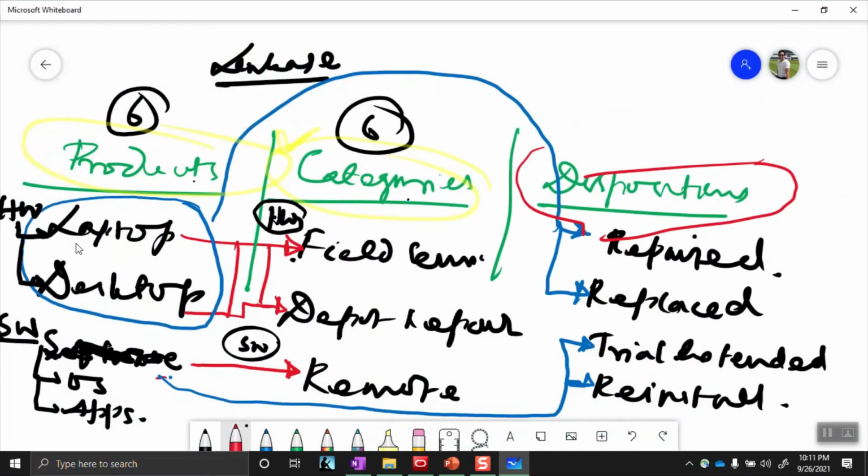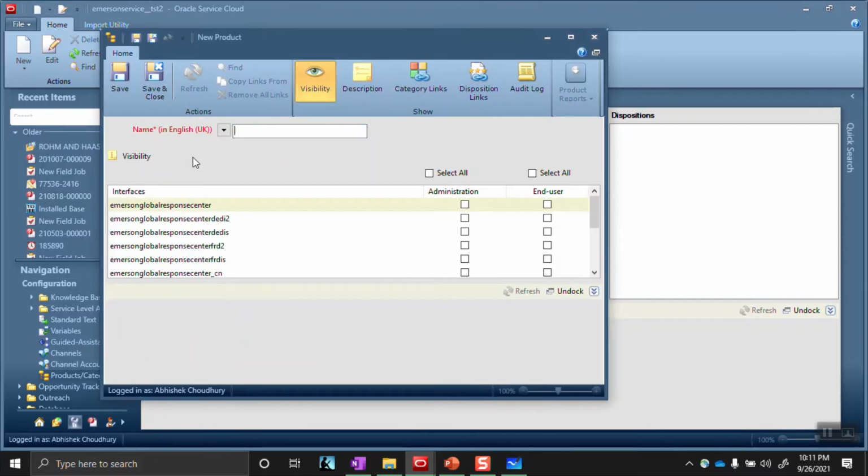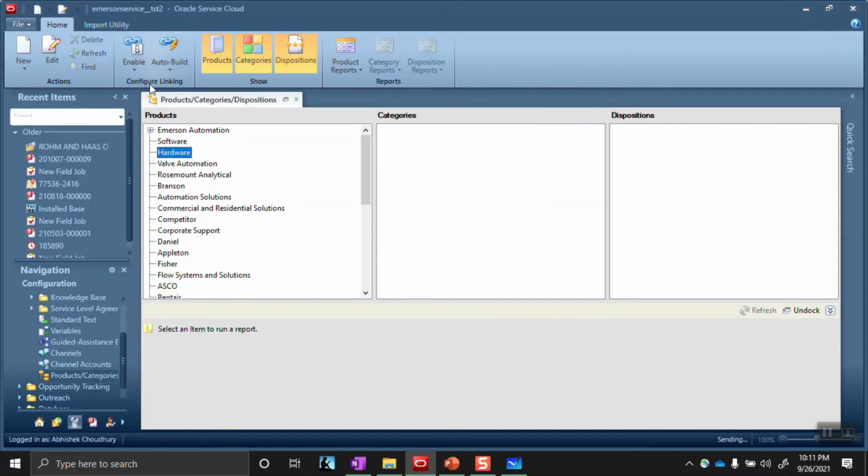Now what is under our hardware? Laptop and desktop. Those two things will be the children of hardware. So I am selecting add child. Now you can understand the difference between sibling and child in Service Cloud. So this is laptop. Save and close.